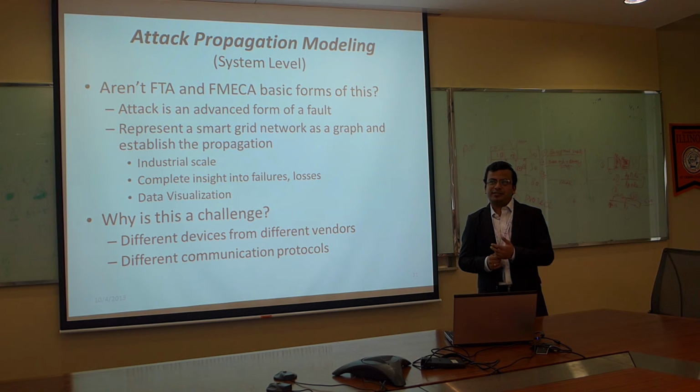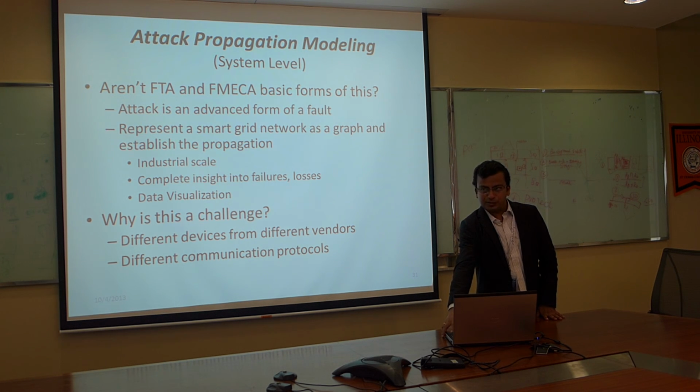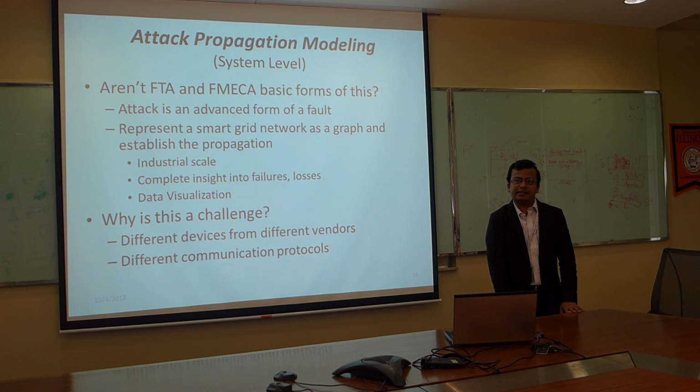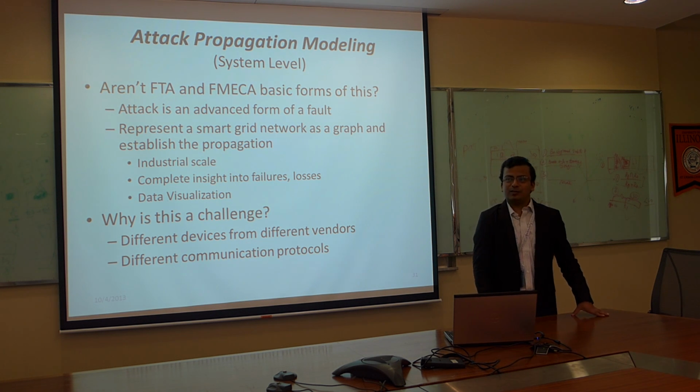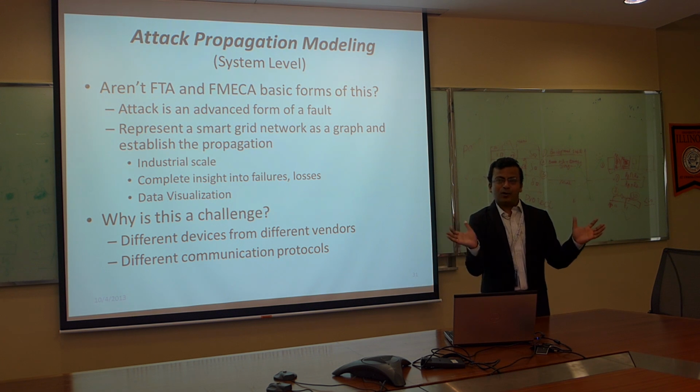And I also see that attack modeling has a challenge because you have different devices from different vendors, and there can be different communication protocols within a smart grid. Now, if you want to do this modeling in real time, you will probably need to understand the models of each of those devices and communication protocols. And bringing this all together